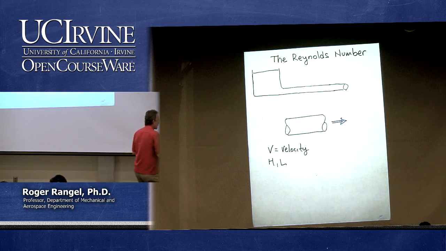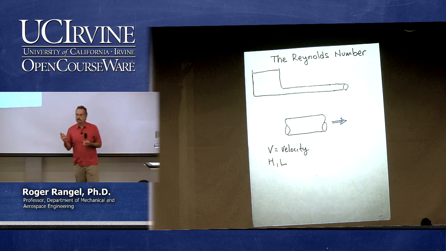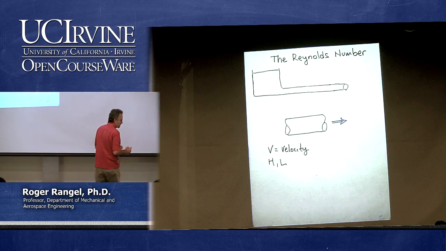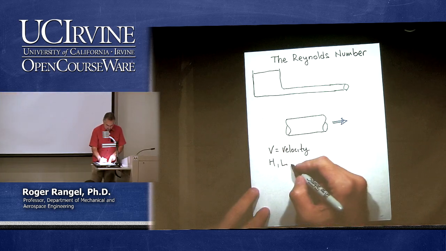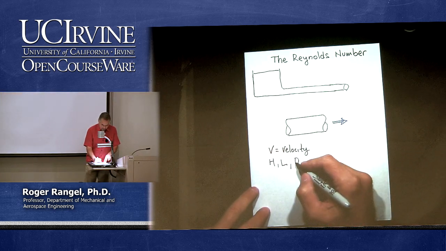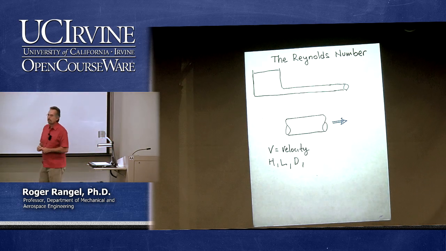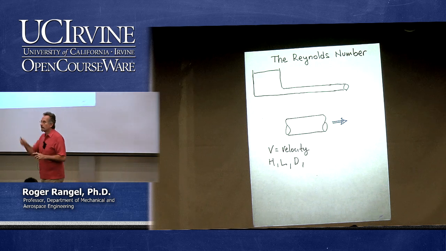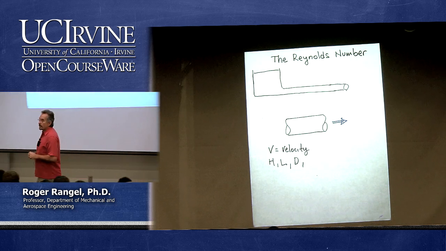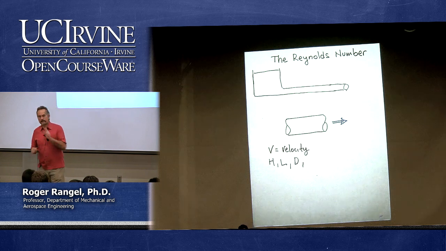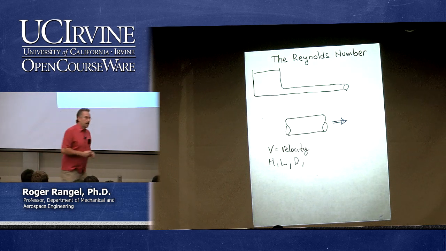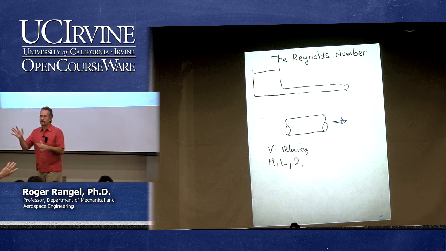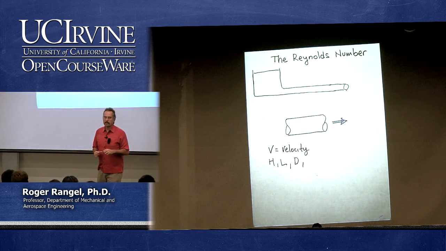Cross-section. Okay. What would be a good way to represent, the simplest way to indicate the area? The diameter of the pipe. So let's put the diameter of the pipe. Anything else that will have an effect on the flow? Surface smoothness? That's true. This time I want to leave that one out. Yes, let's suppose this pipe is extremely smooth, so that I don't have to worry about that. But yeah, that could be an effect.